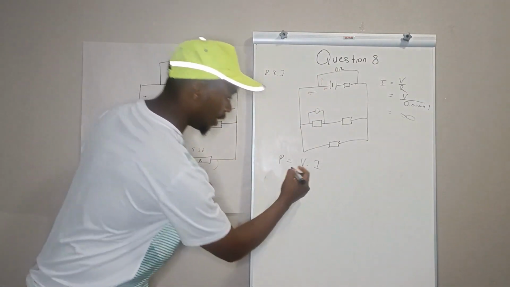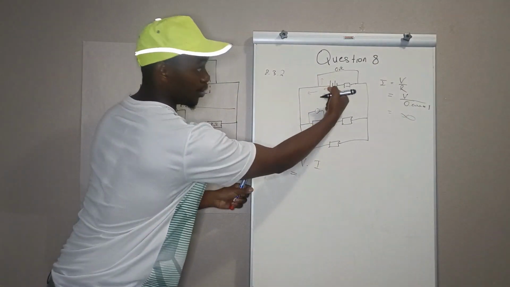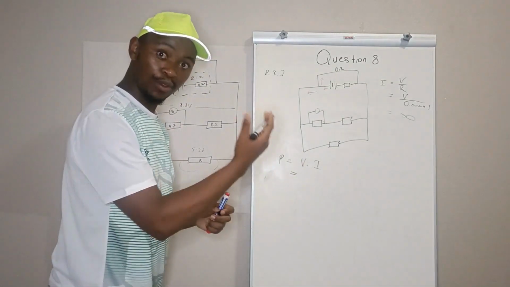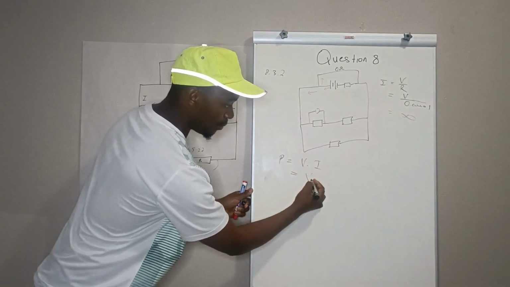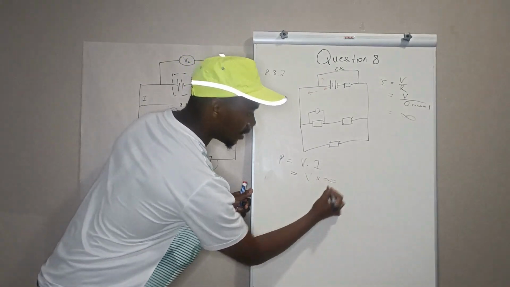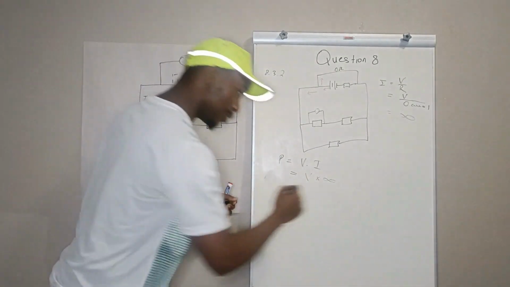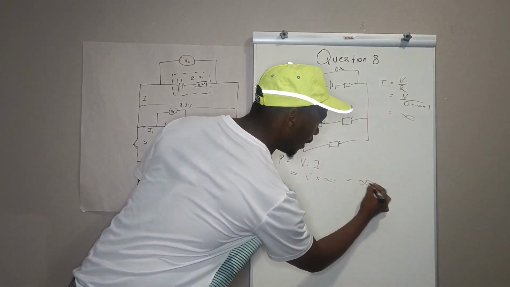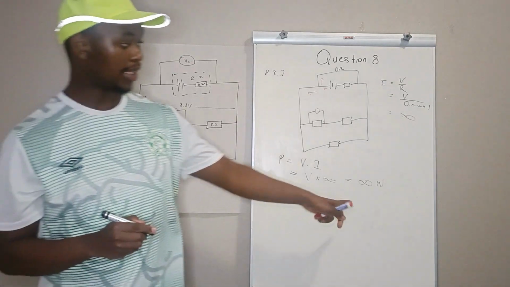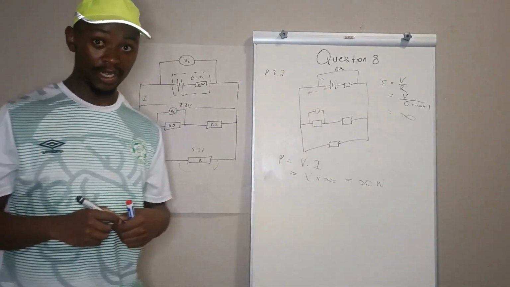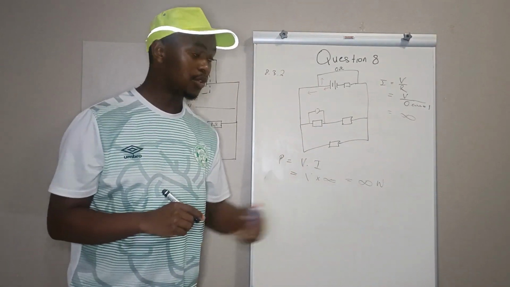If we come back to power here, because that's the current we're referring to, that current has to come from somewhere, of which it comes from the battery. So if you take the voltage from the battery, you multiply it by a very big current. That is going to give you a very big power. Very big watts, that is infinity watts. Alright. If this is infinity watts,